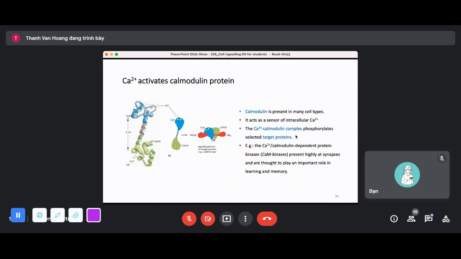In addition, calcium, as I said, is a very important secondary messenger molecule,